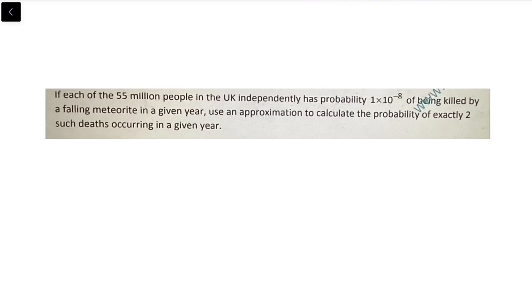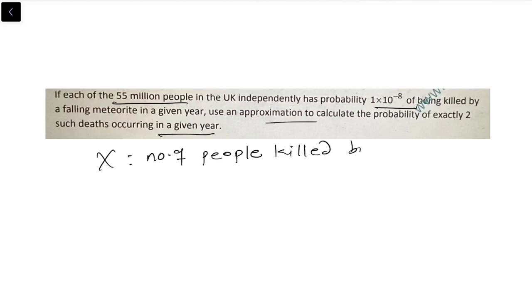Now let's look at one example. If each of the 55 million people in the UK independently has this probability of being killed by a falling meteorite in a given year, use an approximation to calculate the probability of exactly 2 such deaths occurring in a given year. So if x is the number of people killed by a meteorite in a given year,